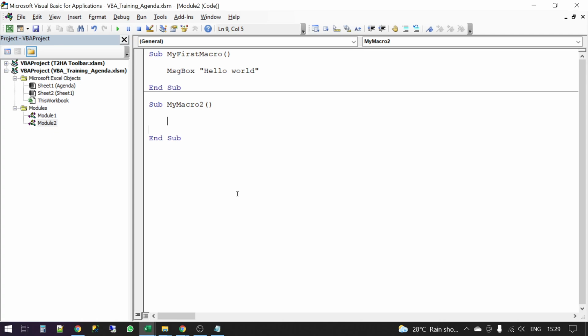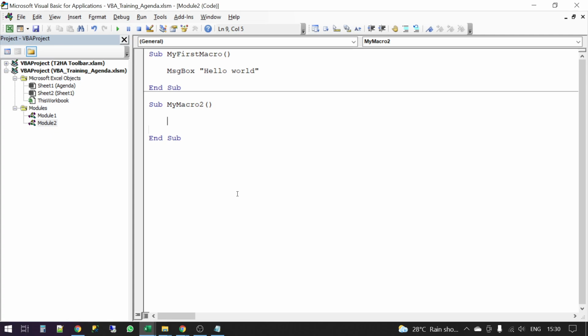Now there is also a concept of initializing variables. That means you define a variable first and you also give it a data type. So for example, if I define x as an integer and y as a string, which is basically any text, then I can only store integer or string values depending on the variable. But the good thing about Excel is, and this is actually the best practice, this is a compulsion in any of the other programming languages, but in case of Excel it is not compulsory. So even if you don't initialize a variable, it is absolutely okay, right?